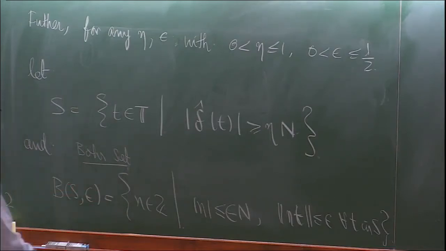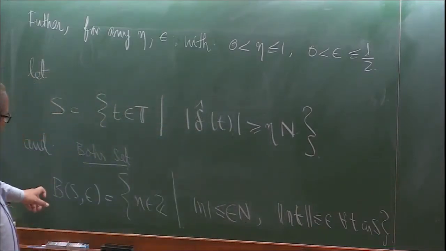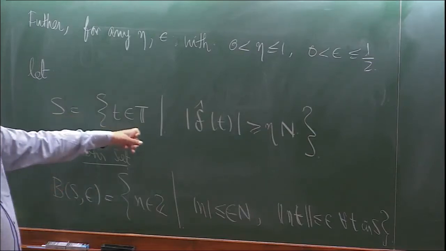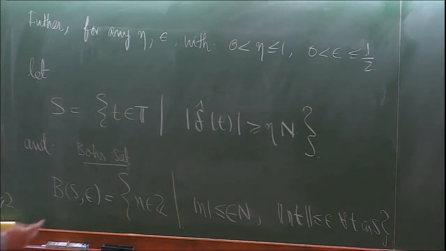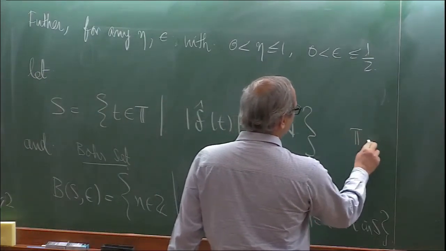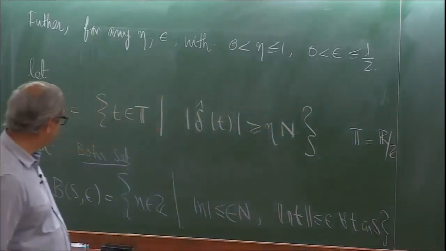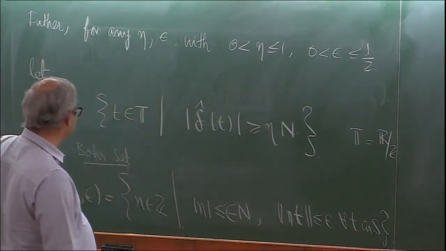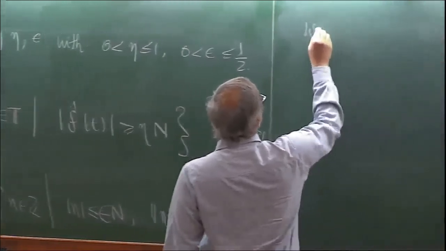Okay, so this is a Bohr set, and it approximately consists of those elements in the dual that approximately annihilate a subset of T. Of course, I have not specified, but T is always R mod Z, the circle group. Okay, and then the conclusion, so under these sets of hypotheses, we then have